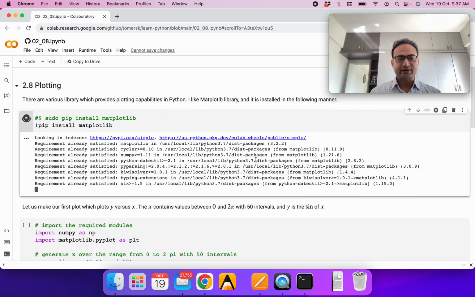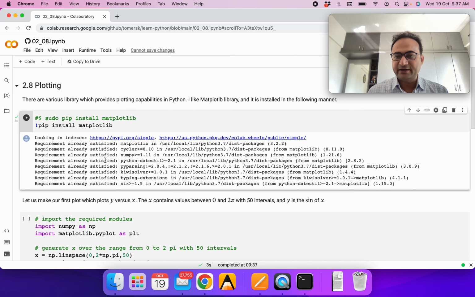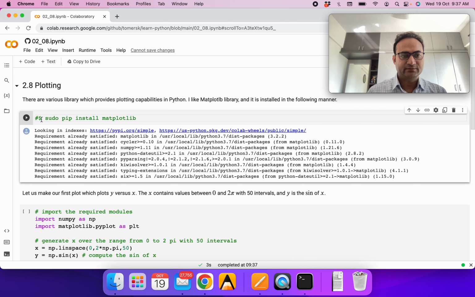In the beginning it takes some time. It's saying matplotlib is already installed, so we can skip this part.